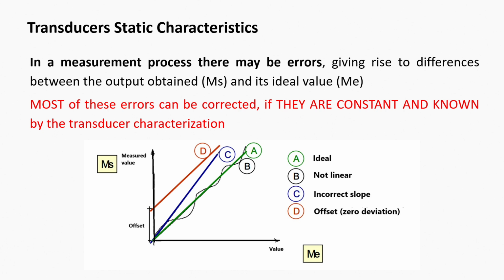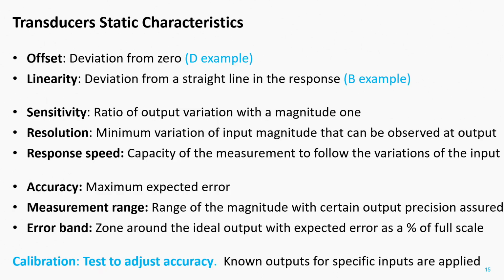Furthermore, we can also see situations like D, where we can find an offset that also has to be corrected through calibration, because we get a value different to 0 when measuring an input physical value of 0. So, putting this in a nutshell, we can see that there are 8 main parameters to calibrate when talking about static characteristics in modeling transducers. Offset, that is the deviation of behavior in the input of a transducer from 0 value, the example in the previous slide.